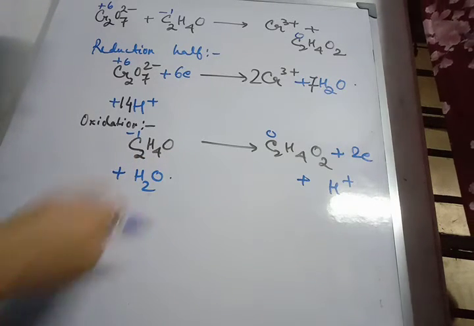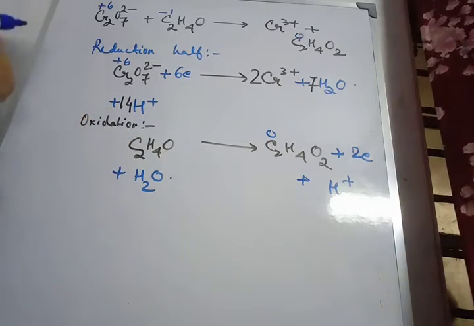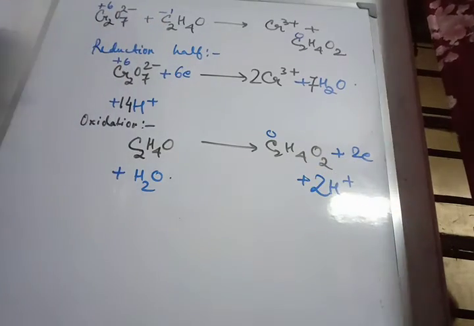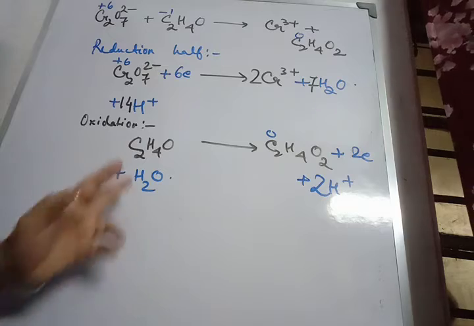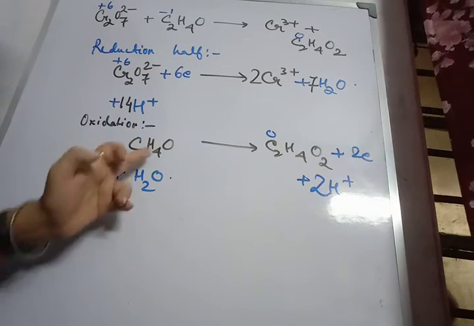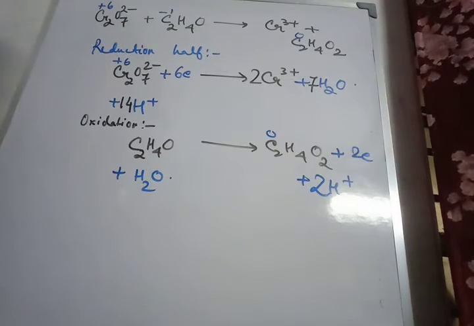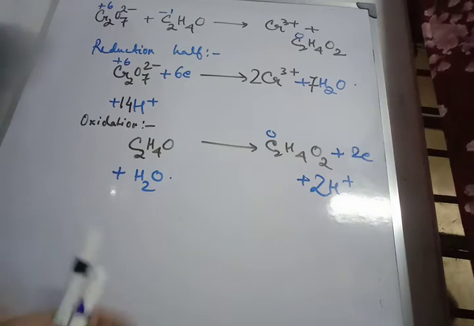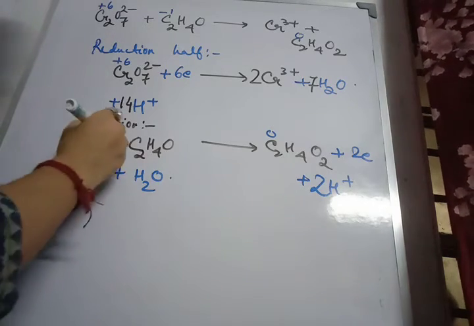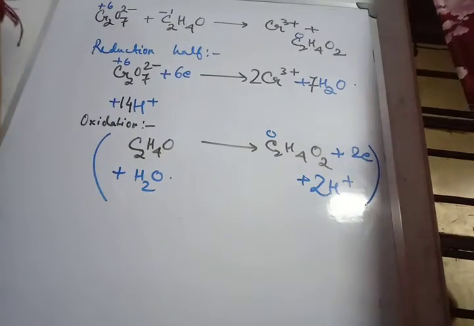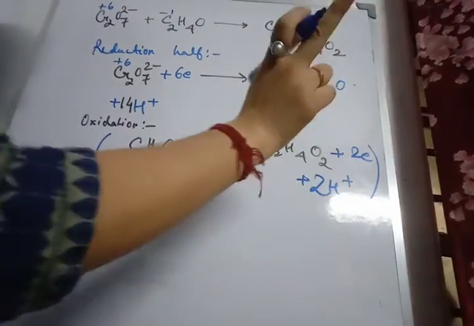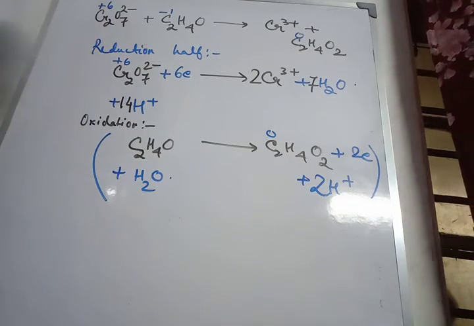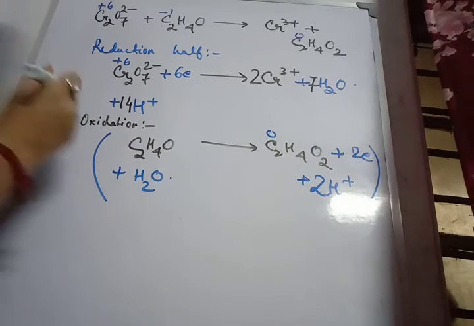Now on the left hand side the overall charge is neutral. On the right hand side we have 2 electrons and 1 H+. If we multiply H+ by 2, then the reaction gets balanced charge wise, and atom wise as well. Hydrogen on the left hand side we have 6, right hand side also 6. So the reduction half reaction and the oxidation half reaction are balanced. Now we have to see that the oxidation half reaction contains 2 electrons and the reduction half reaction contains 6 electrons. The number of electrons involved in both half reactions has to be the same. So we have to multiply the oxidation half reaction by 3.